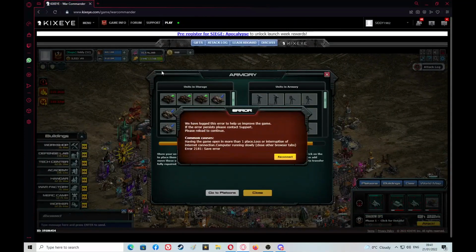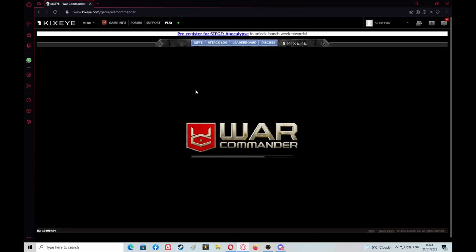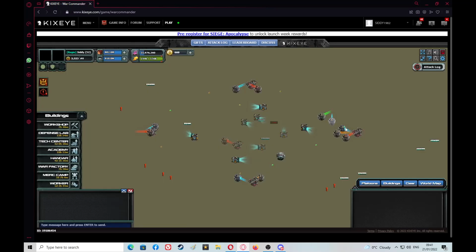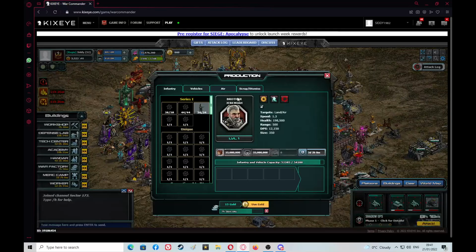Oh, I didn't let it save. There is a reason that disconnected. What it does is it didn't save and I spent the thorium. I'll show you how to get around that as well. You've got to go out of your base and back in, and basically it'll let you spend that thorium. So you go back in to see if it all